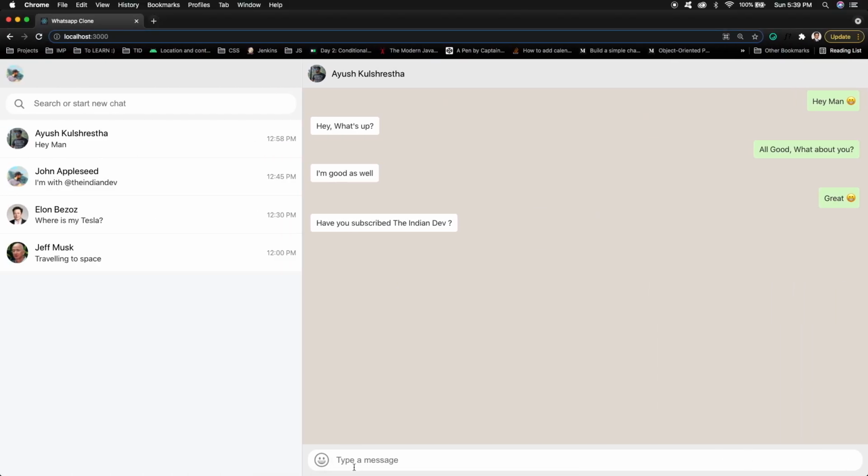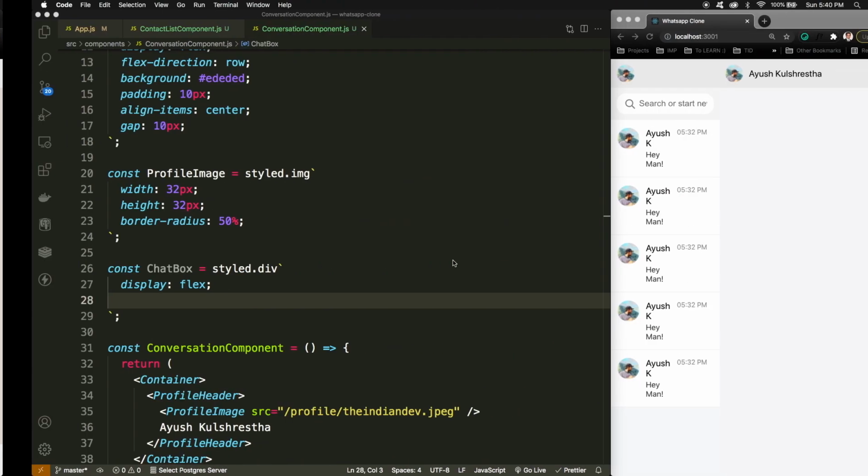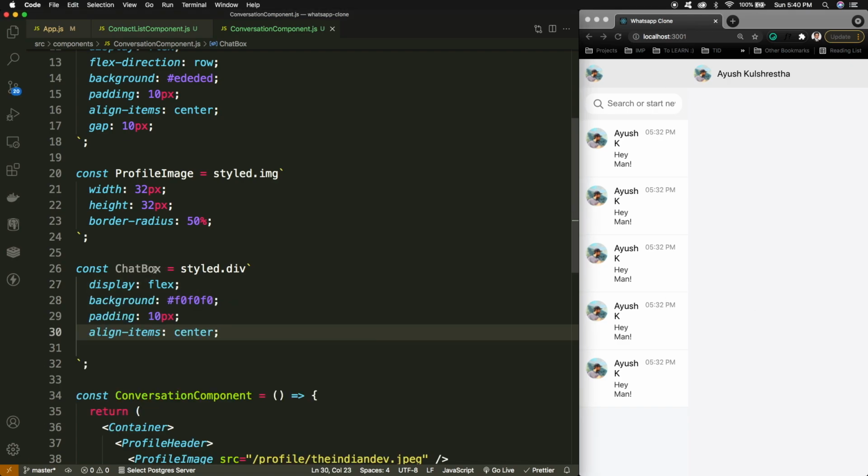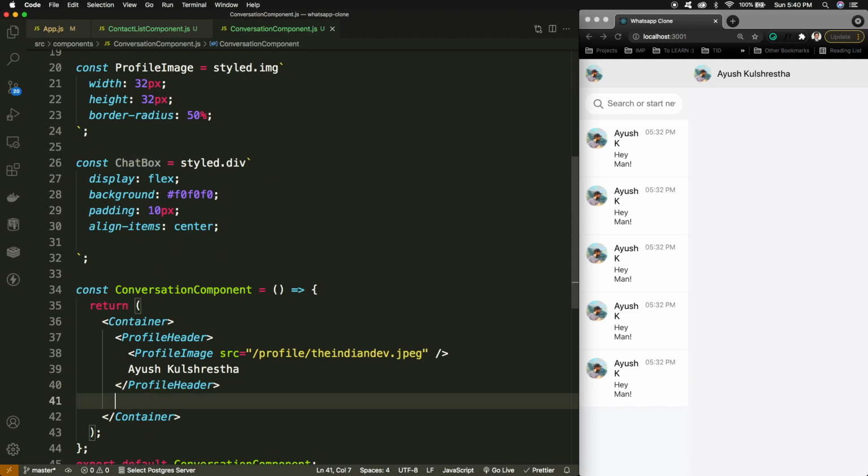The flex direction is row because we are having the emoji just similar to this part, or at the top level it's not required to define the flex direction itself. We can provide some basic properties like this. I need to use this chat box below profile header.